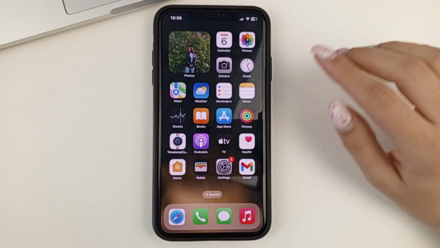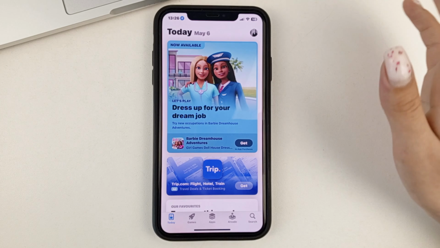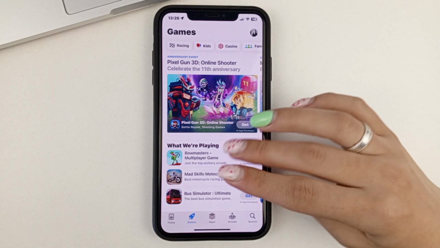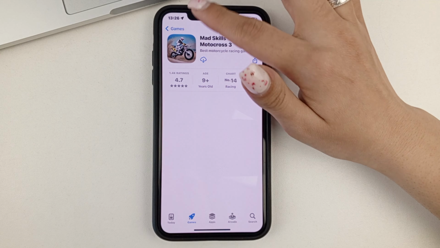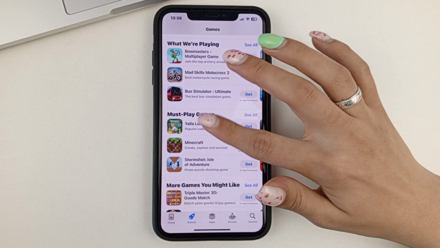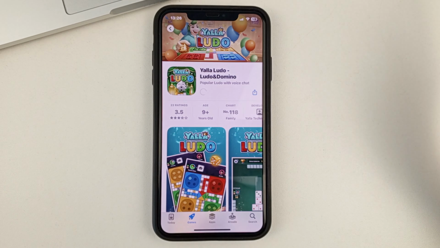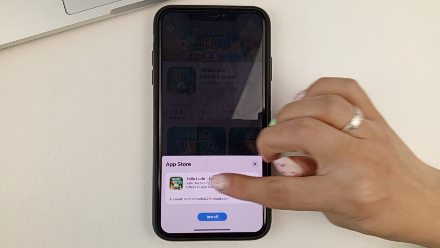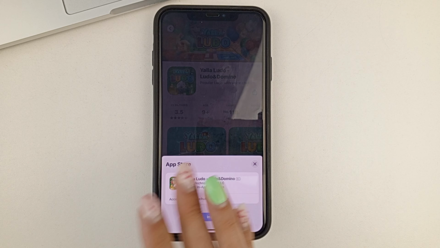Then you can exit the settings, go to the App Store. Pull up absolutely any program or game. And you'll need to download it, for example. In order to download it, the only thing you need to do is click install or download. And you don't have to enter your Apple ID password or your Face ID anymore. That's how you can install the app without your Apple ID password, folks.